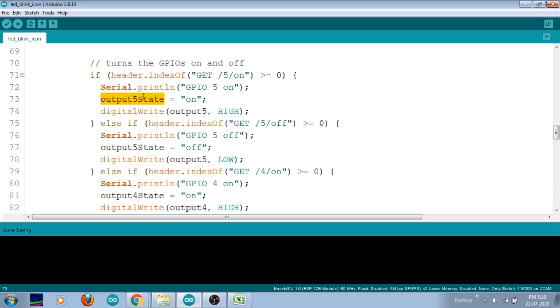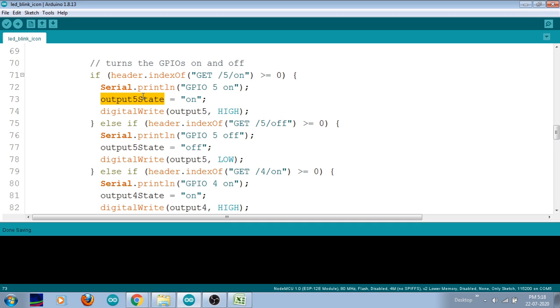Now you are looking for some other command. Suppose your GPIO pin is not turned on or not turned off, but instead you are going to turn on GPIO pin number 4. In that case it will go to this particular else if condition, and here we will again be reading that header.indexOf function through that GET function. If your command is GPIO pin number 4 turned on, it will become true.